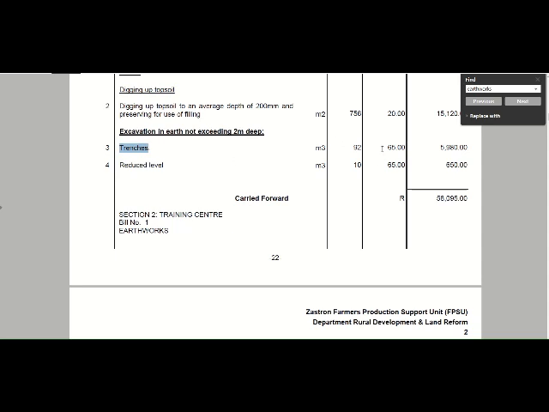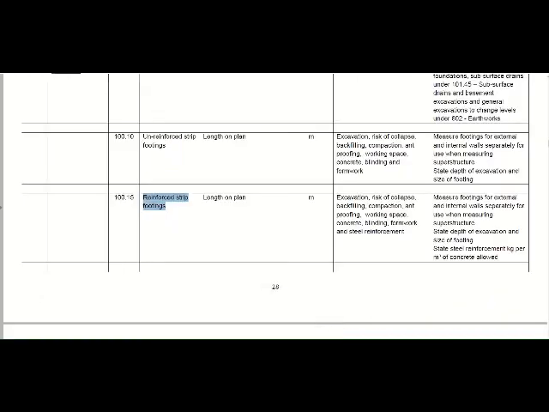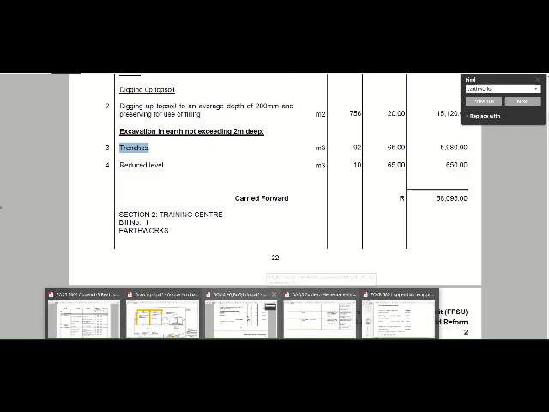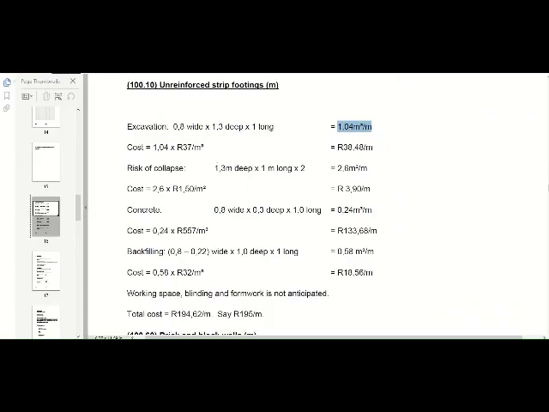Here we've got a rate of 65 Rand per cubic meter for excavations in our trenches. This is for our strip footing. If we go to our guideline, you will see it includes our excavations, our risk of collapse, backfilling, compaction and proofing, working space, concrete blinding, etc. You need to convert it back to a rate per meter. So what we did in the calculation is we got a cost of 38 Rand and 48 cents per meter